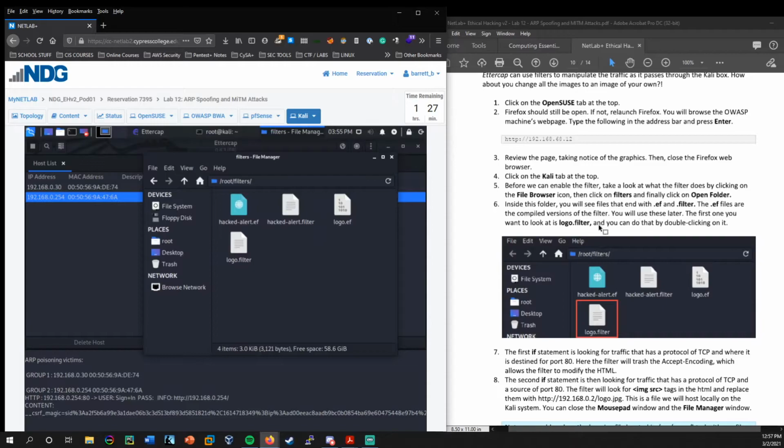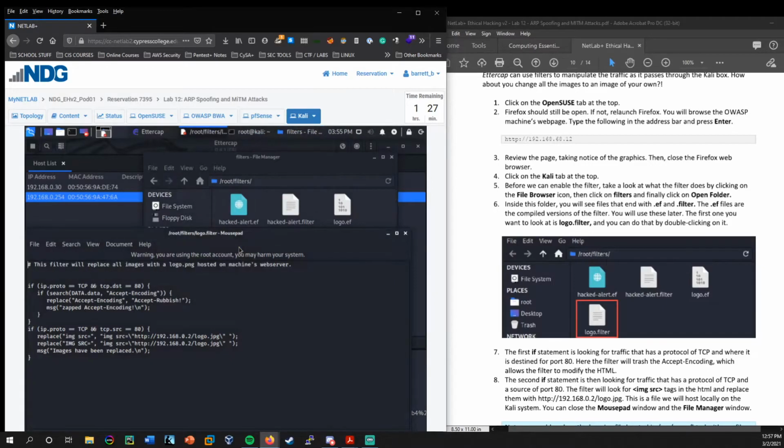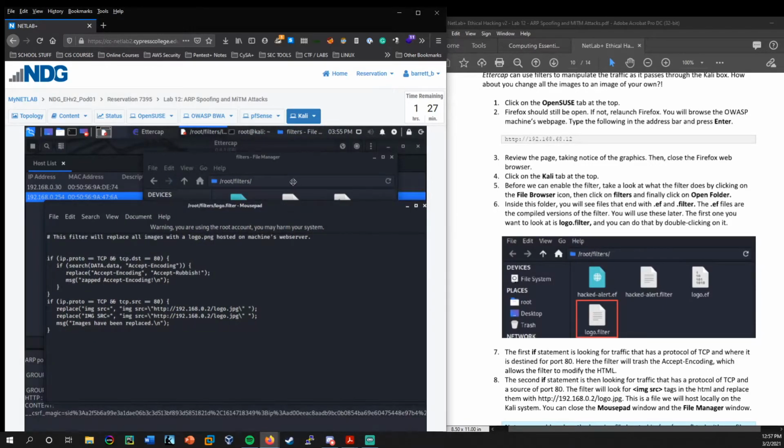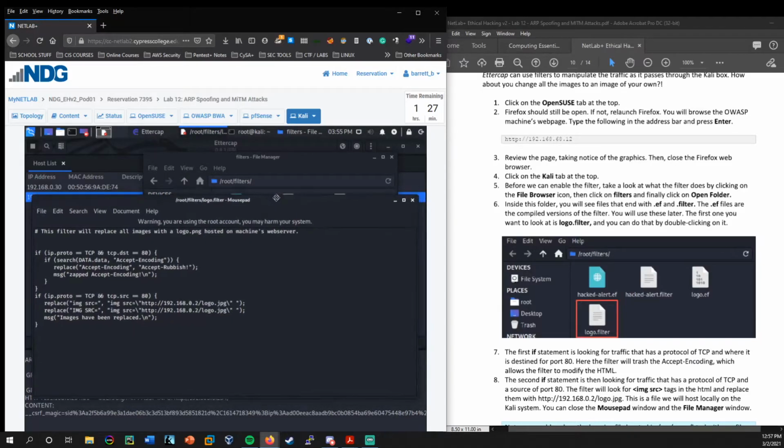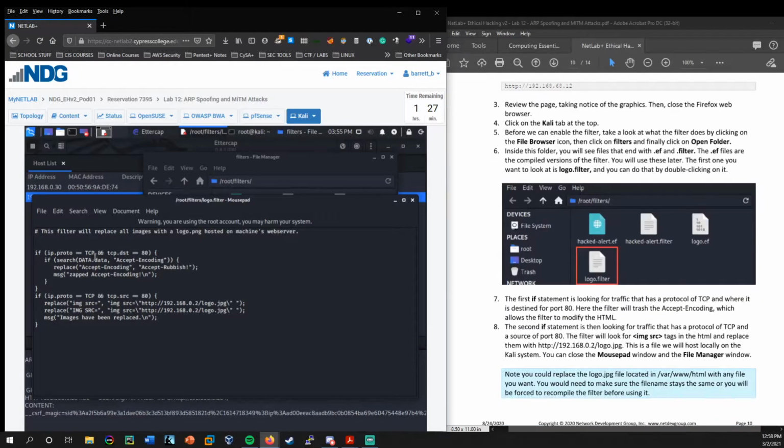And the first one we're going to take a look at is logo filter. So essentially, this is just code that is going to look for, okay, if the protocol is TCP and the destination is port 80, so it's on HTTP, it's going to